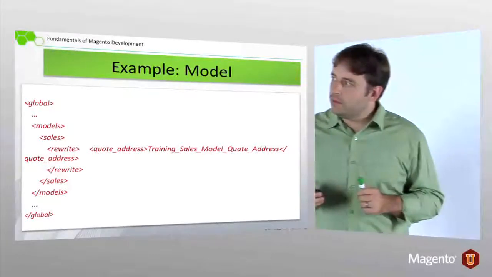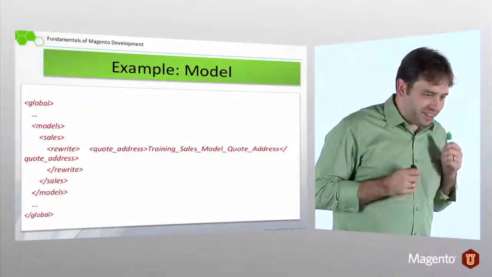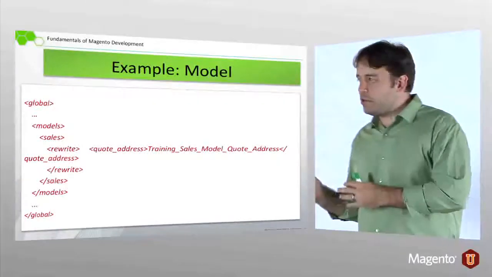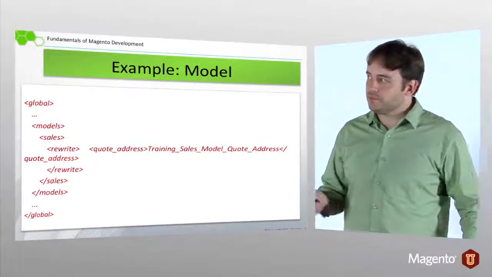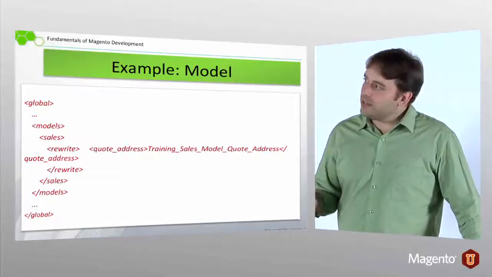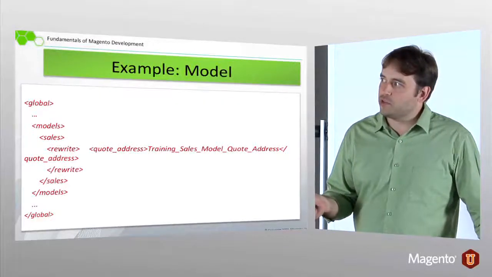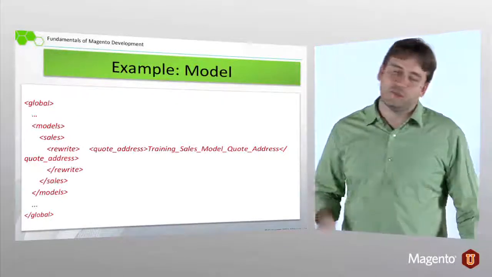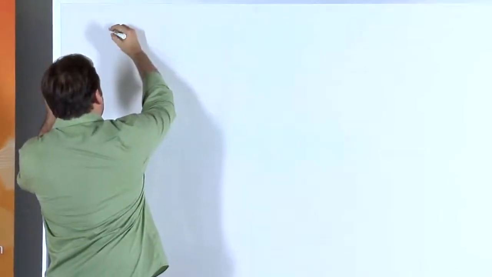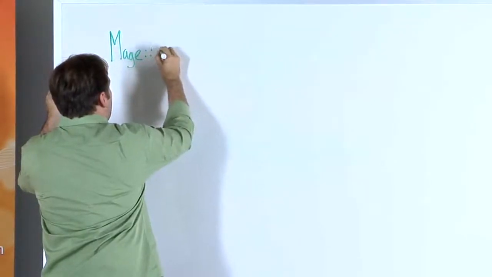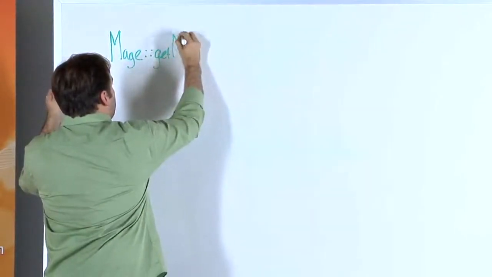So, again, and I know I'm spending a lot of time on this one point here, but it's very important because this is why we use factory methods, and this is how this works. We're going to take our node, this rewrite node, and pass in quote address, and then pass in a full class name. So what that config object does, we might see this call. Let's see. Mage::getModel